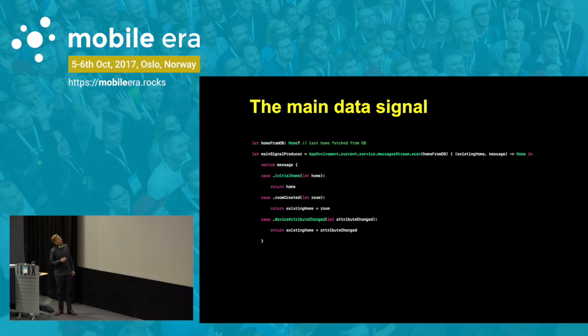If we get the room created, it has a room. That's from the JSON in the server-sent events structure. And you just return the existing home you have plus that room. So it's really simple. Here I operator overloaded it, but it just goes through the structure, sees if it has that room already in the structure, and if not, it adds it. So it's just adding a room to an array.